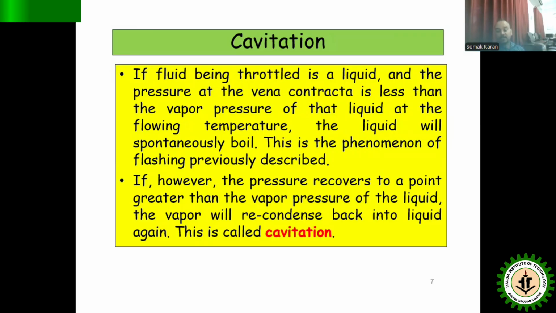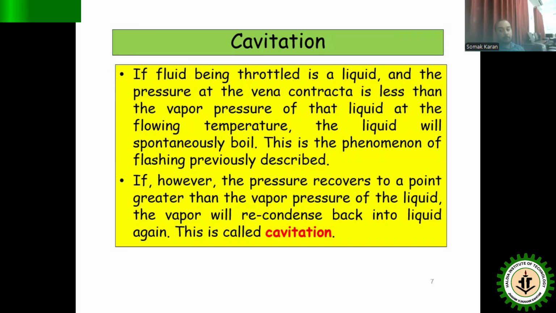So now we'll try to understand another type of issue or problem that can come out from the use of a control valve, and if flashing has already happened, how cavitation comes into the picture. If the fluid being throttled is a liquid and the pressure at the vena contracta is less than the vapor pressure of that liquid at the flowing temperature,